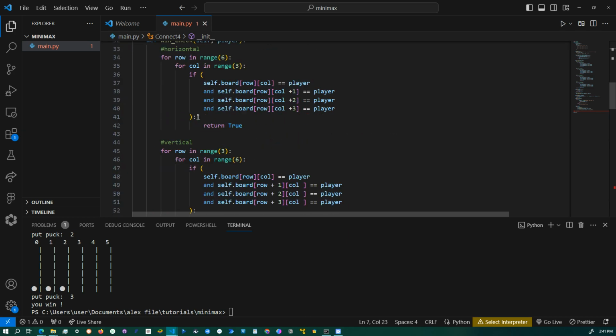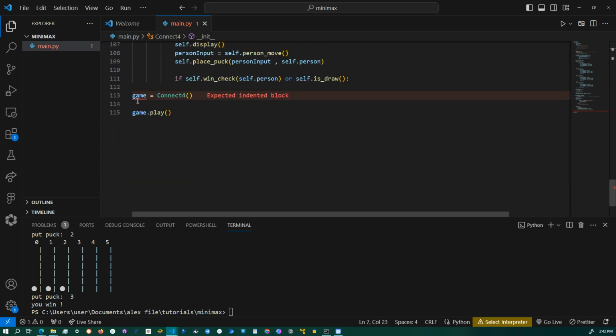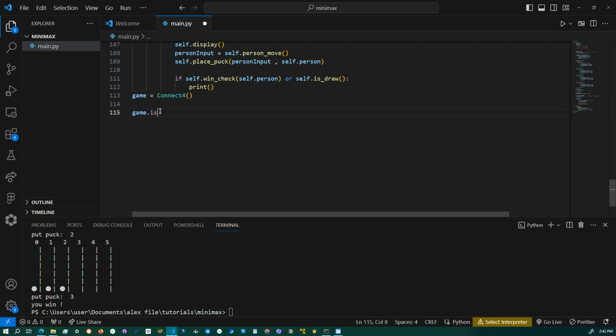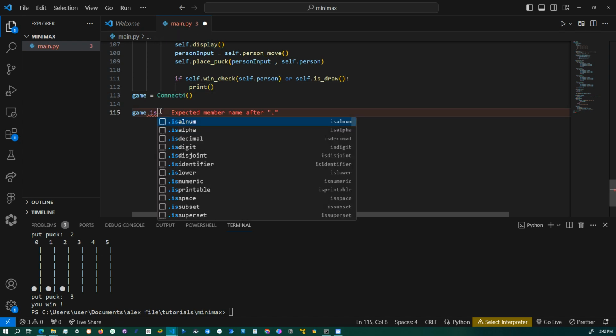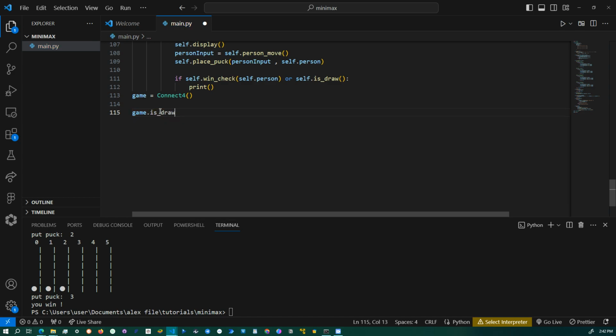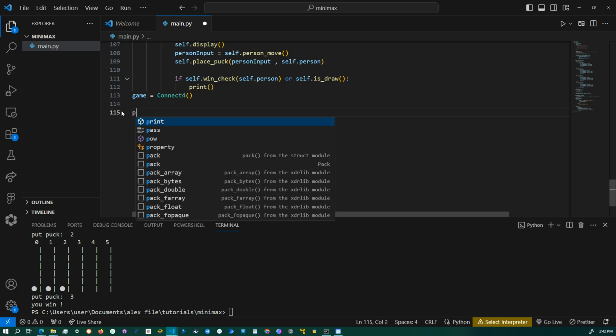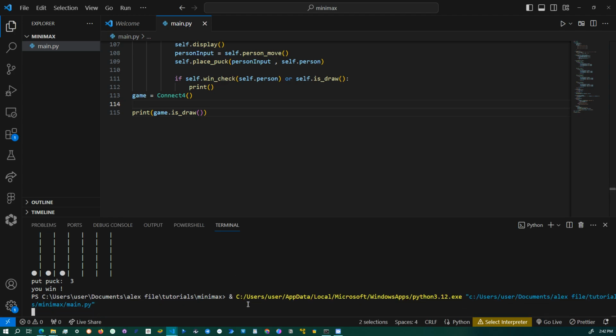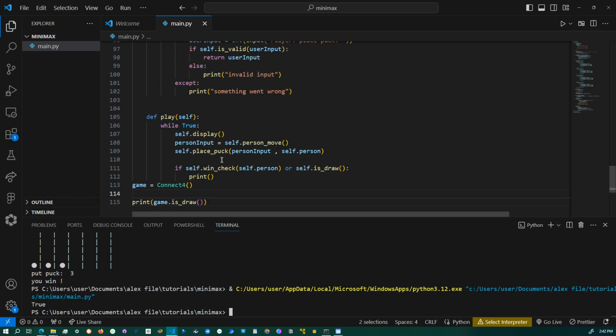Okay, I'm gonna save that, and I'm gonna do for game dot is draw, print. Apologies for this. Just want to make sure. Okay, now that that works,